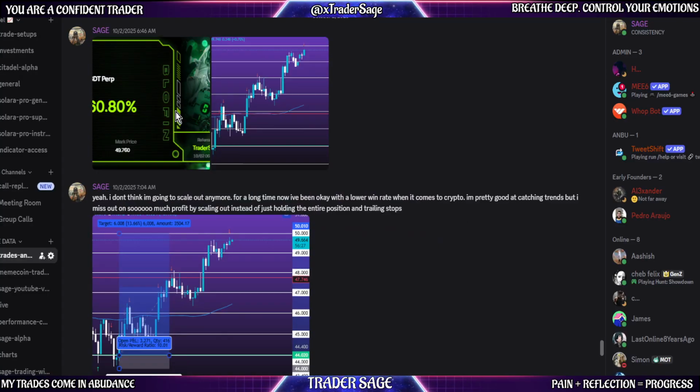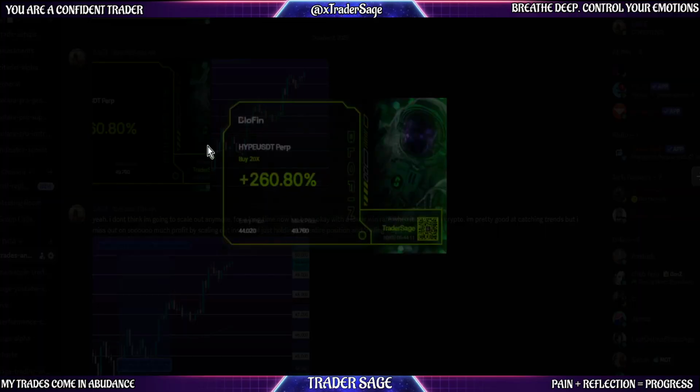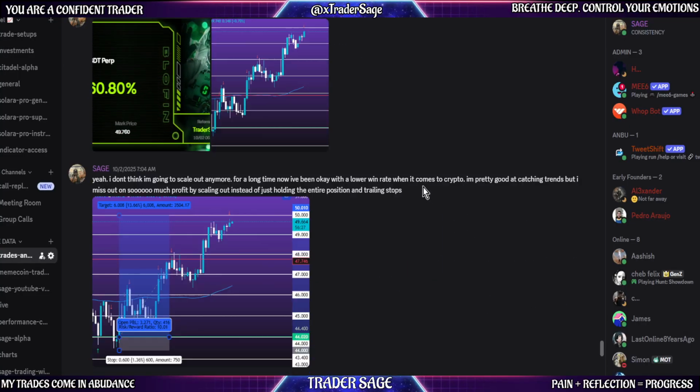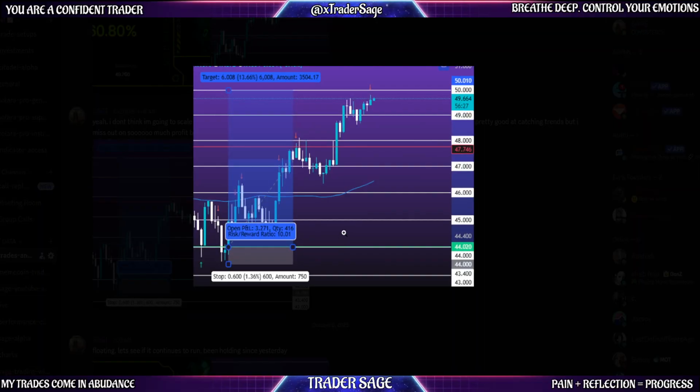I think it ended up being like a 260% trade, and maybe I caught like 100% move of that trade. So, I left a lot of money on the table, but I'm going to talk more about the trade